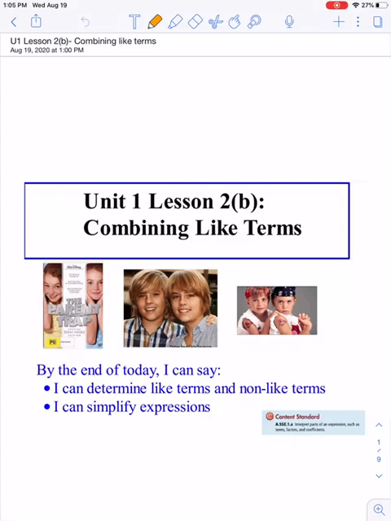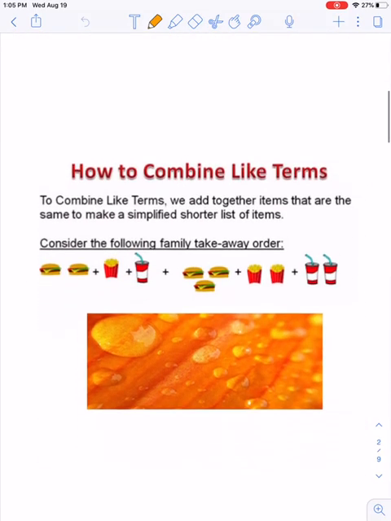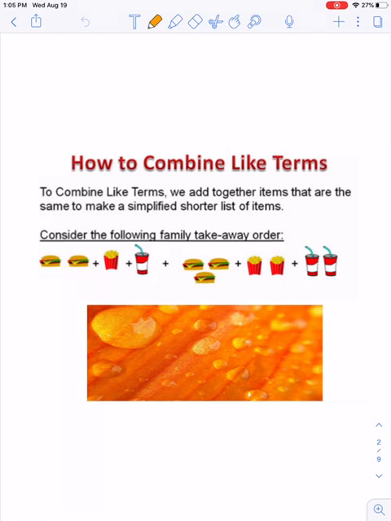Hello everybody, today we're going to talk about our second part of lesson 2, which is combining like terms. So essentially what we're doing when we're combining like terms is we're combining things that are essentially the same, right? And we're just doing that so that we can make our list shorter. So here's a very elementary example, but if we were asked to combine like terms,